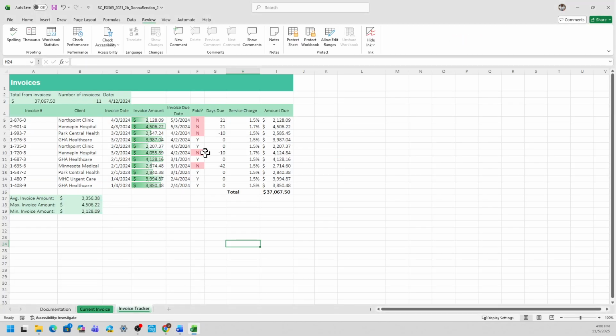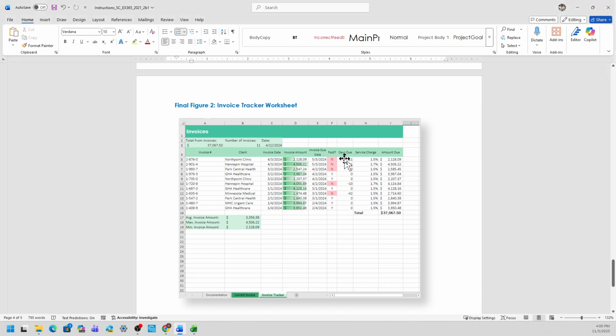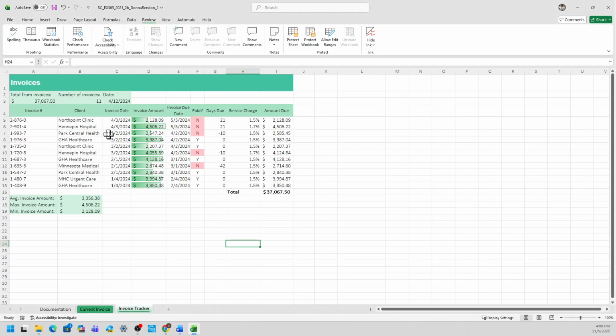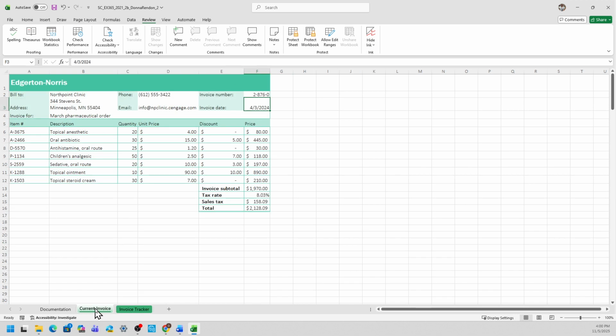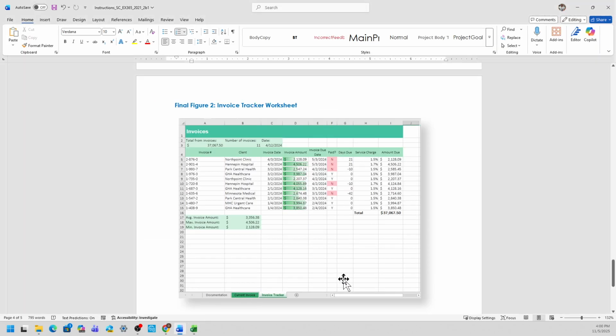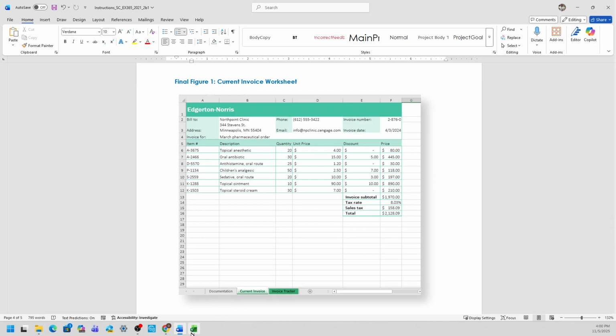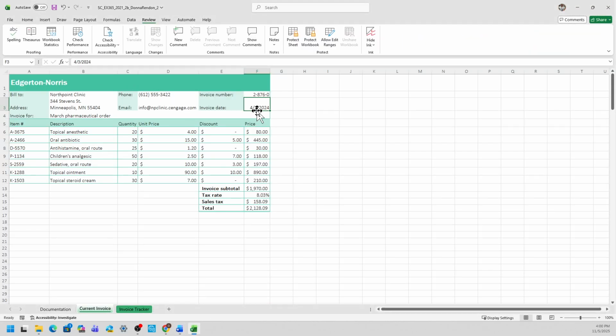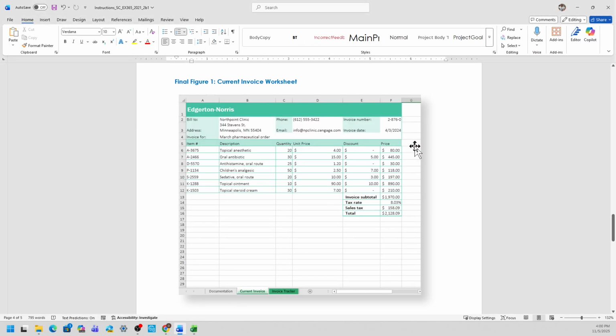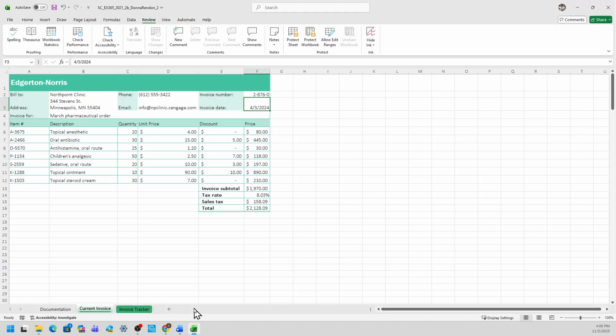Okay, so it's the same here, and I have this column F, so just making sure. Okay, it's about the same. Invoices is the same, so I think I'm good. The current invoice, okay, scroll up, Edgerton Norris, okay, this is the invoice date. Okay, so I believe it's good to go.